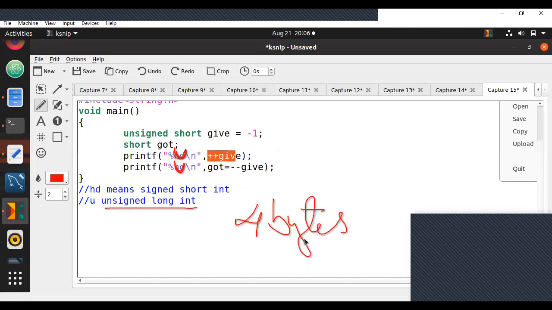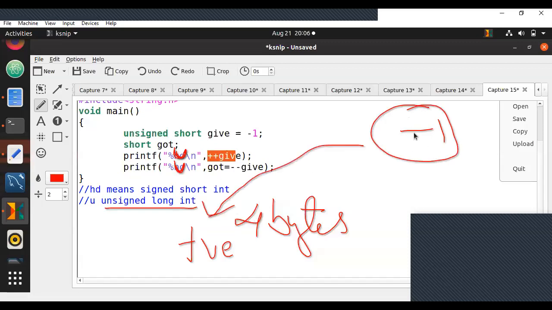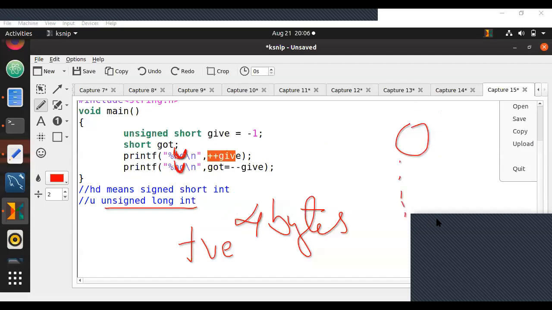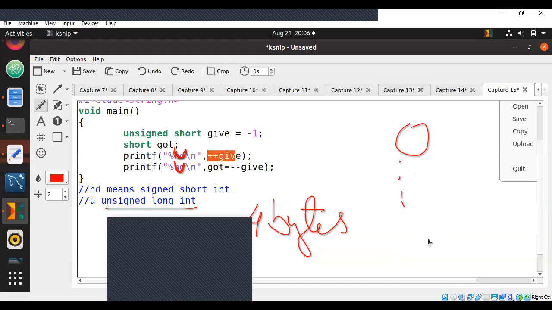Unsigned long int is 4 bytes, and you're saying that it is only positive. Now, when you say 4 bytes and only positive, when you subtract from 0, there is no -1 in unsigned. Unsigned, there are only positive values. So, if you go from 0, if it is signed, guys, remember this very clearly. If it is signed, you have -x to +x, some value. 0 is in between.